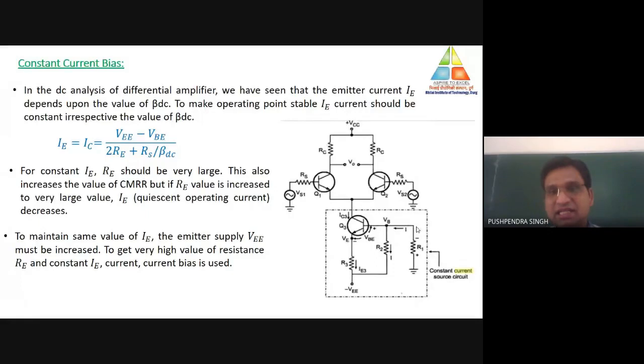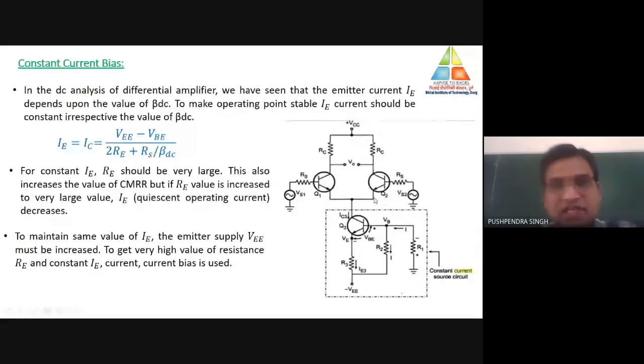IC3 is nothing but the addition of the emitter current of transistor number 1 and IE2. So in case of a constant current biasing circuit, as we know from the DC analysis of the differential